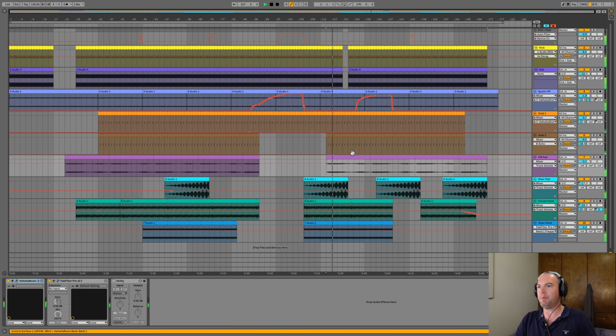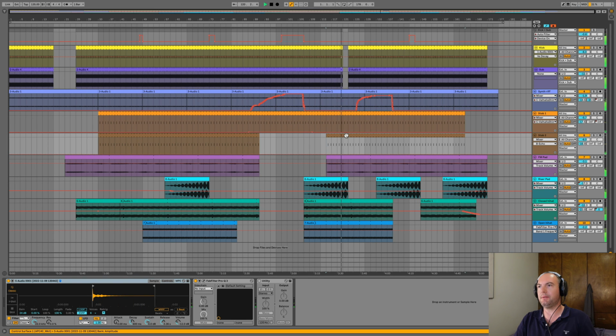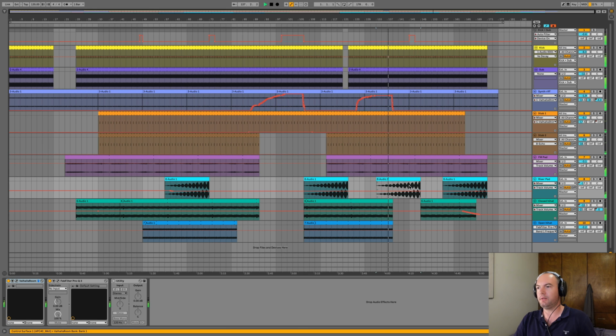Now the FM pad is coming back, the stabs, the second one had dropped out, it's back again. Here a break where I just stopped the kick and the sub bass. And again the shimmer effect is going to come in on the synth riff here. And towards the outro, this stuff repeats a few times. Again, the noisy sound effect, the riser effect, starting here, a long 16 bar pattern,